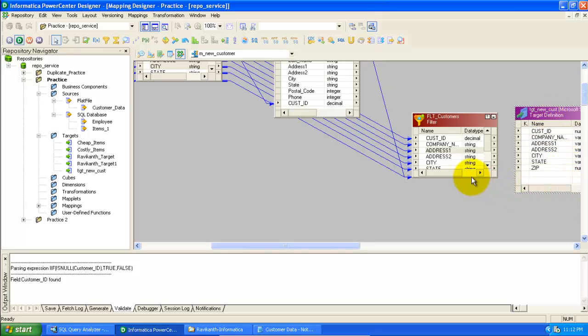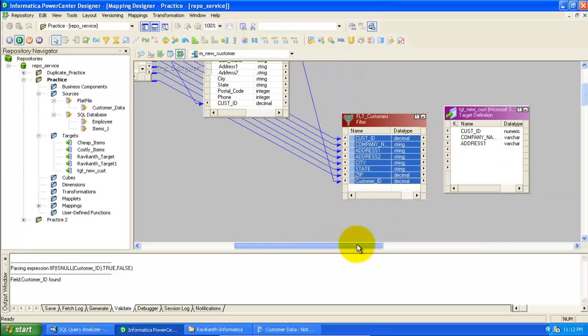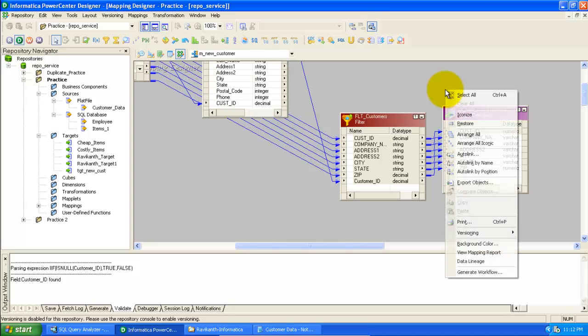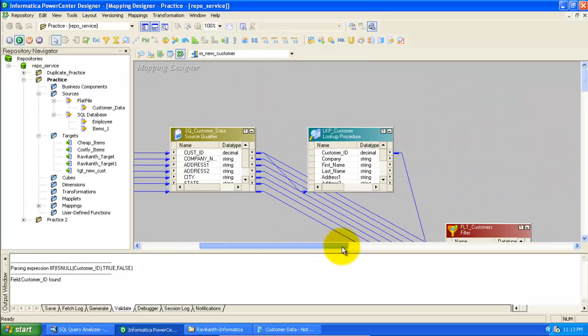So this is my target definition, and map the columns from the filter transformation to the target definition. Okay, now again right click and arrange all, click on arrange all.